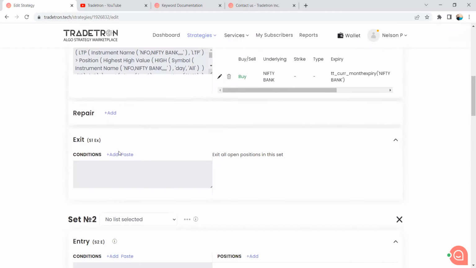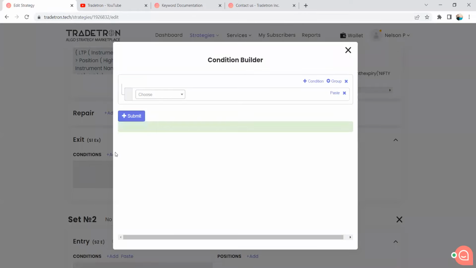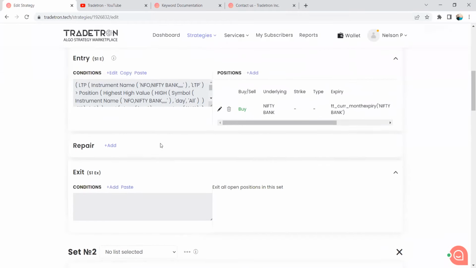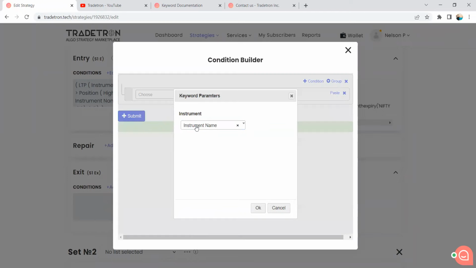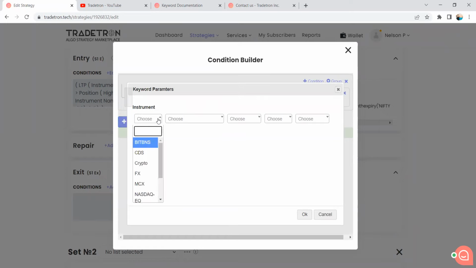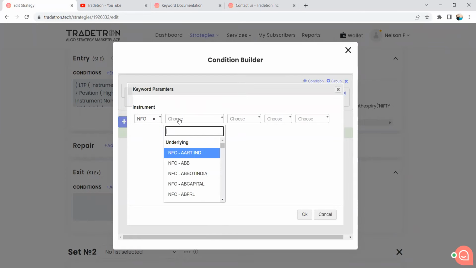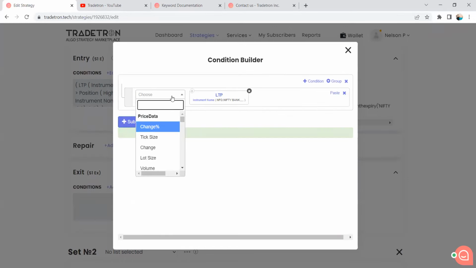So over here, we will put an exit condition, right? So we will create an exit condition that whenever, so instead of typing the entire condition over here again, right? What we can do is we can simply copy, or else we will just type it out in order to help you understand better. So what I will do is LTP of instrument name. On instrument name, we will select Nifty Bank Spot, NFO, Nifty Bank, is less than,